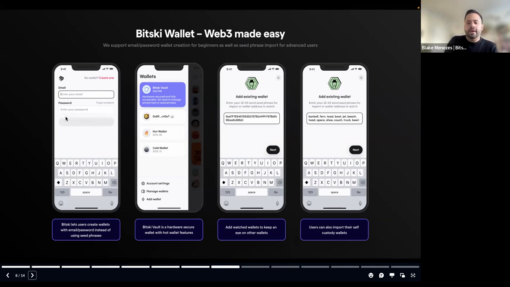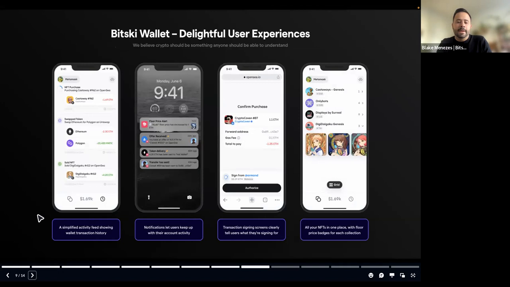Okay, perfect. And so, these are some of the important things that you can do to easily access the wallet experience. One of the things that we think is really important is that the user experience should be simple and easy to understand in the Bitski wallet. So as you enter the Bitski wallet, you'll see a couple of different things. One is you'll see the ability to see all of your activity in your wallet. So if you are unsure that you did something or unsure of how you have transacted on a contract, you've minted an NFT, whatever it might be, you'll be able to easily see that activity. You'll get an alert about it. It shouldn't be this obfuscated thing or this hard to understand thing that doesn't make sense.